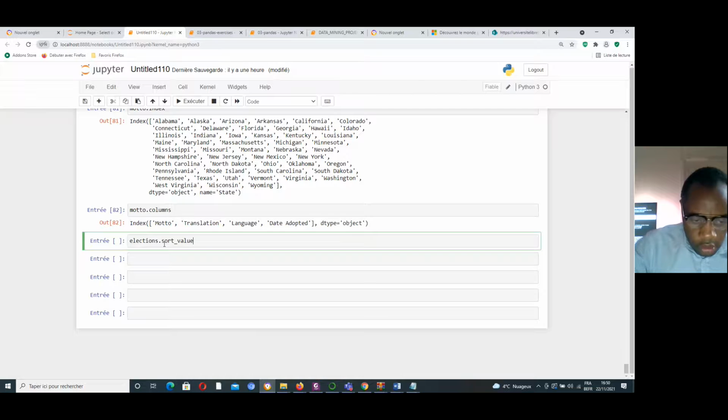I want to focus just on the percentage of vote, and I want to classify it in ascending order, for example.